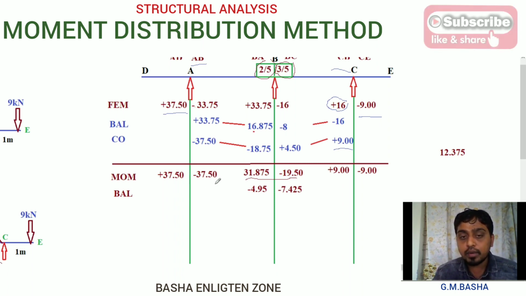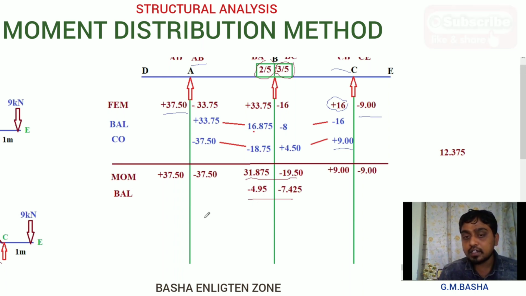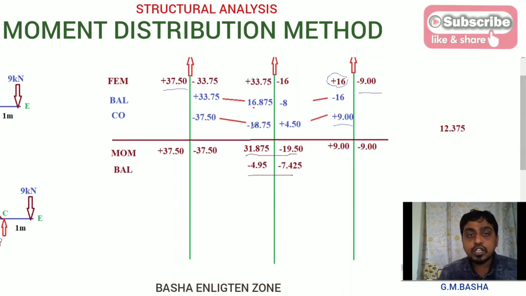These are the obtained moments. If you have to balance any movement here, means you have to carry that moment to here and go for the another cycle. So here there is no carry over takes place and no balancing also takes place. Why? Because already these are the balancing moment. If there will be any carryover movements means you have to take down again next trial for the balancing movement. Here these movements are not carrying to its other ends, then there will be no other movements to carry here for taking another balancing trial. Therefore your procedure will be, your trials will be stop up to here only.